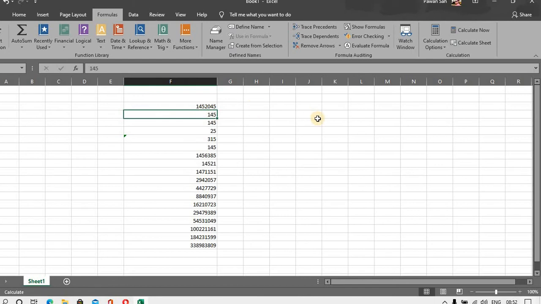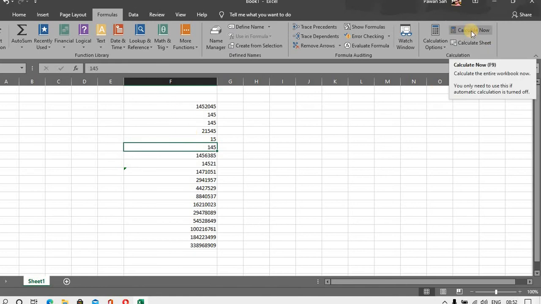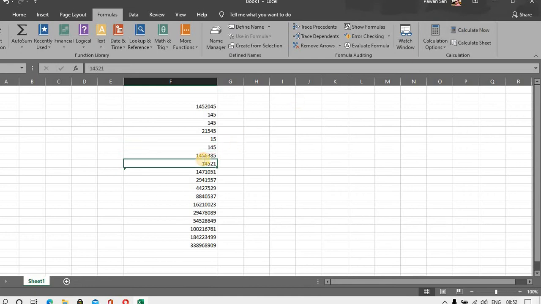And after addition and deletion, at last we have to calculate, then just go to the calculate now option, or you can press the F9 shortcut key. Look, when I edit something, it's not updating, but when I hit F9 or calculate now, there are changes. This is the way of increasing the speed of our Excel, and you can also free your RAM by going